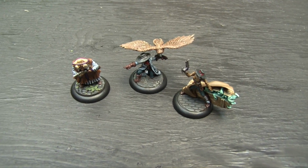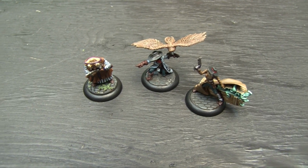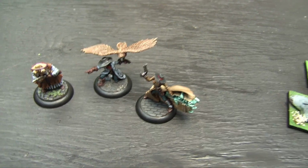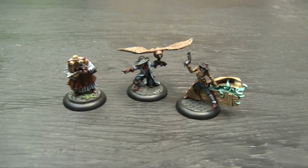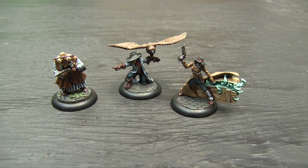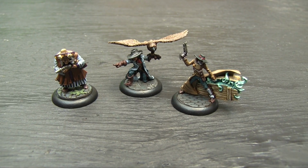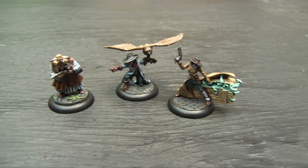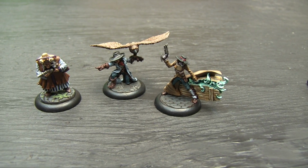And then over here, we've got some new metal guild. Well, old guild, new paint jobs. I've been meaning to get back to my guild for a long time. I've been having so much fun playing Perdita recently that I figured I'd paint some stuff to go with her. This stuff has literally been, oh man, I think that one, this guy right here on the right,